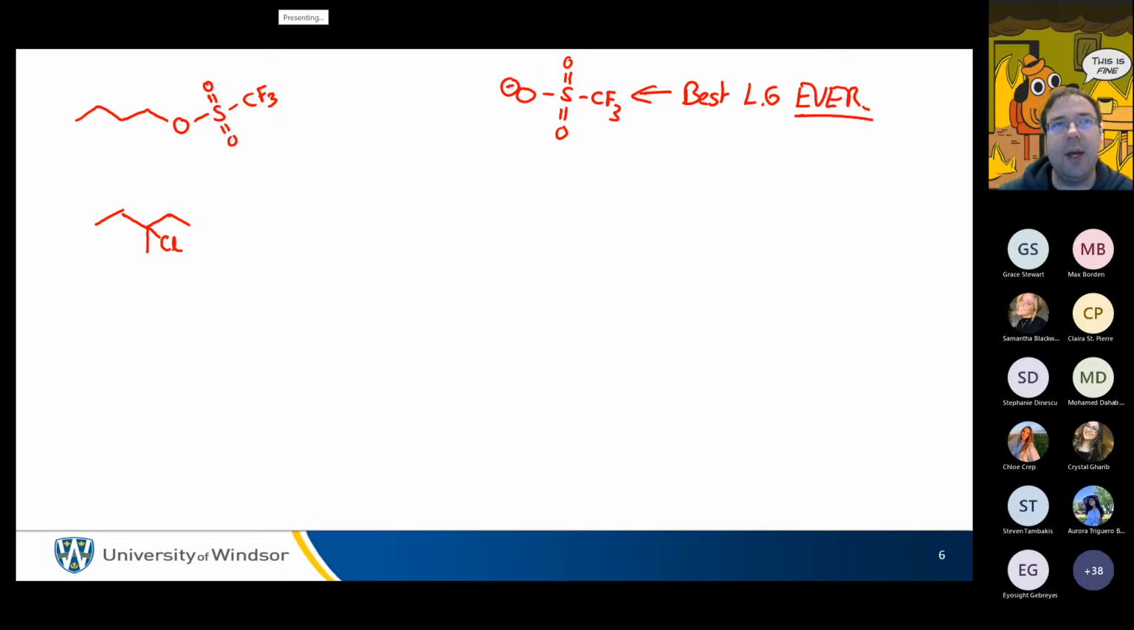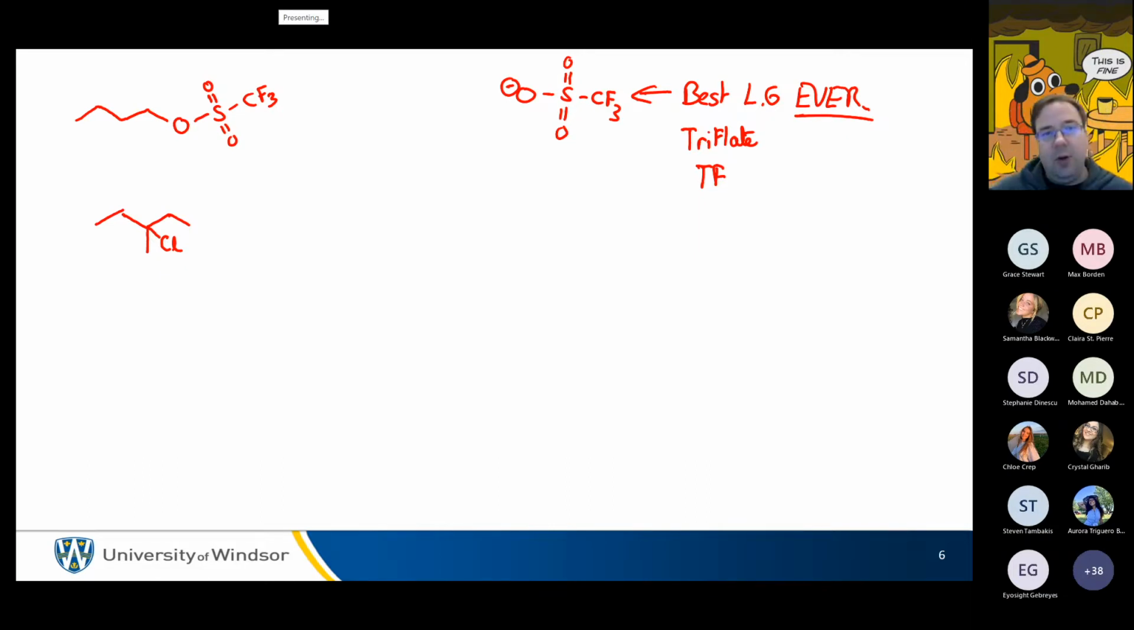So besides actually positively charged things, which aren't stable, the best leaving group ever is this thing. It's also called a triflate, or a trifluoromethane sulfonate, but no one wants to call it that. And we often abbreviate it as Tf because we love abbreviating things. Anyways,